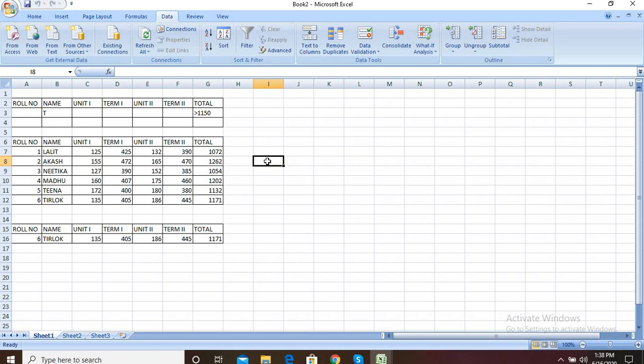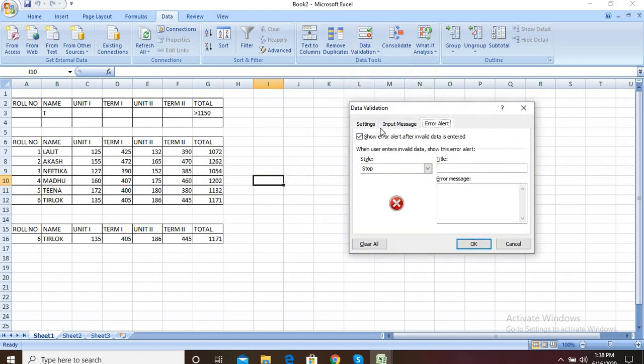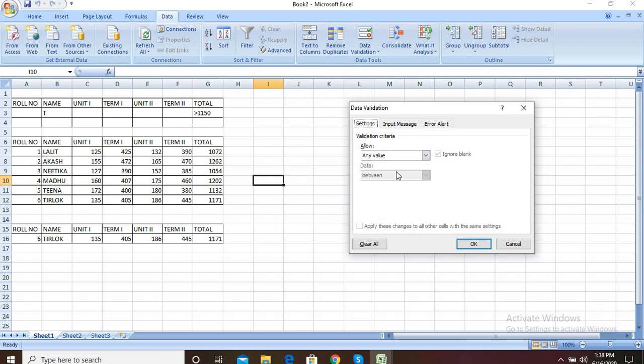For applying data validation, where is the data validation? Data validation is in the data tool. Select data validation. Okay, now data validation is applied where? For the whole number, but you have to give a maximum and minimum range.